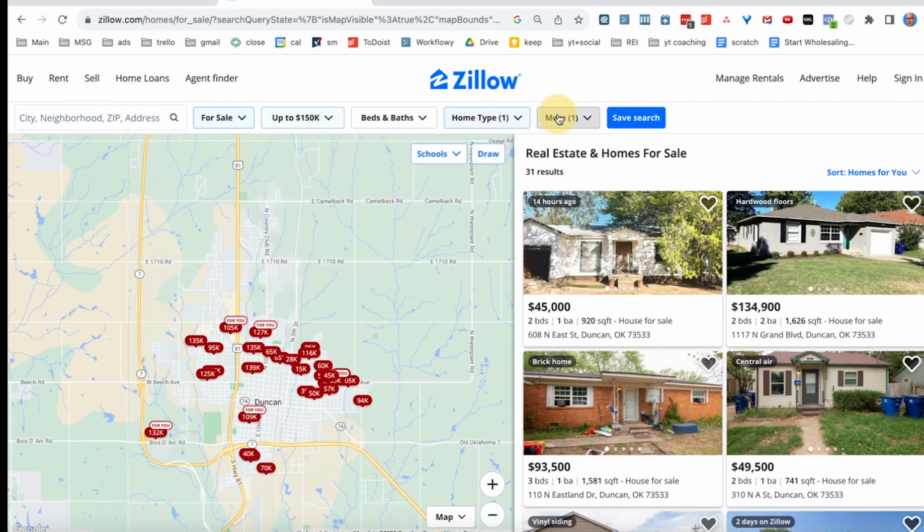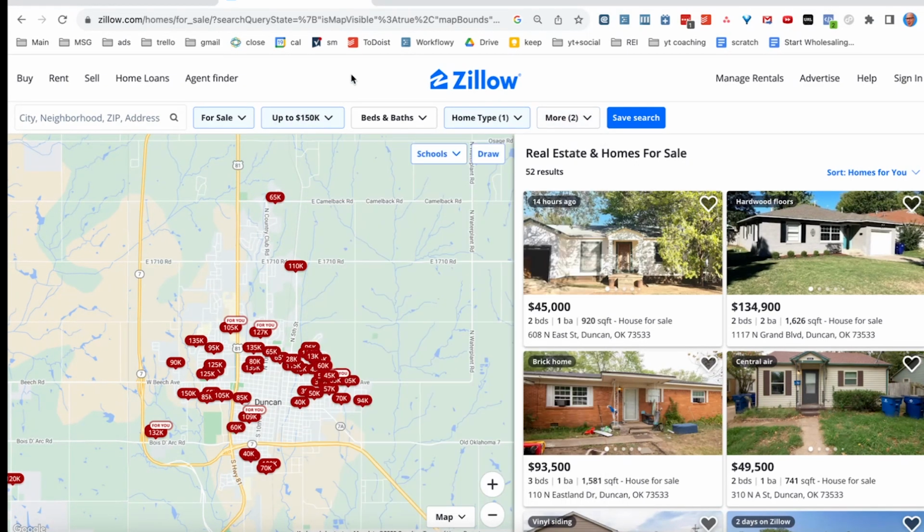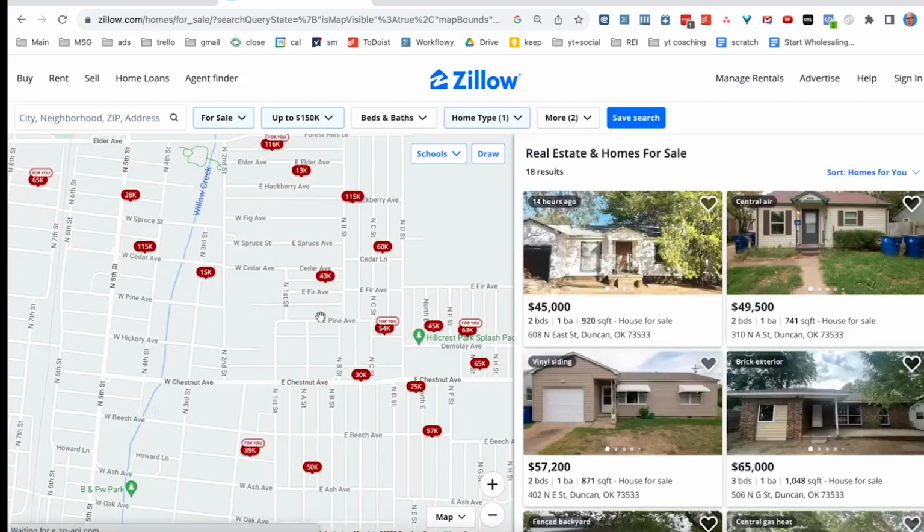So now when I go here, I see that there's 31 and pending is 52. So 52 minus 31 is 21. 21 divided by 52 is 40%. So that means 40% of the total inventory is turning over, it's on contract. So that's actually good. What I find with this market is that the lower end stuff is pretty active. Now the next thing I've got to do is say, well,